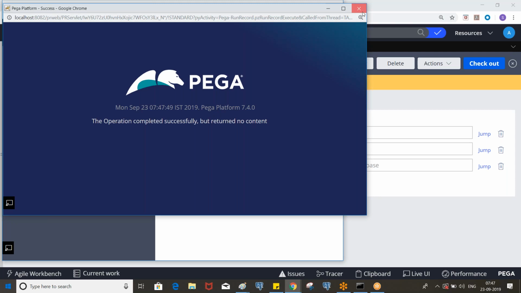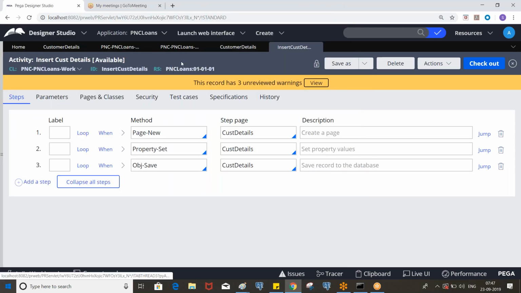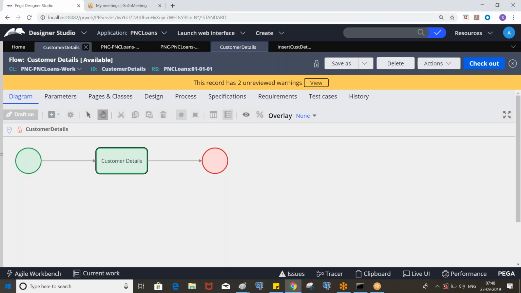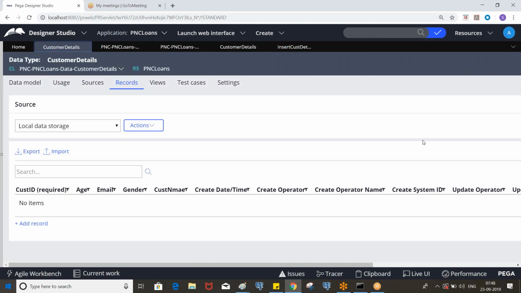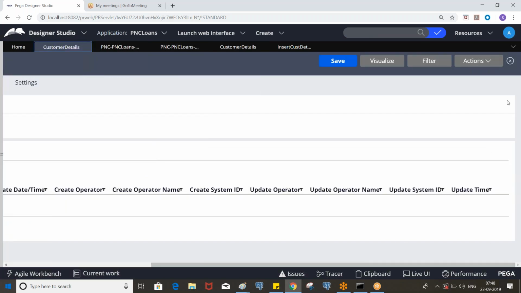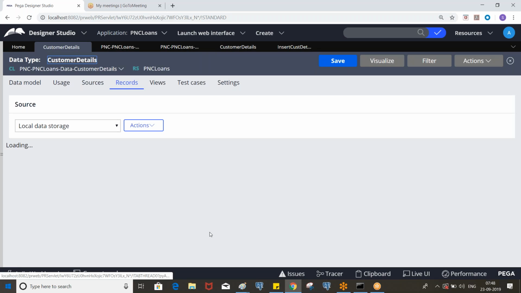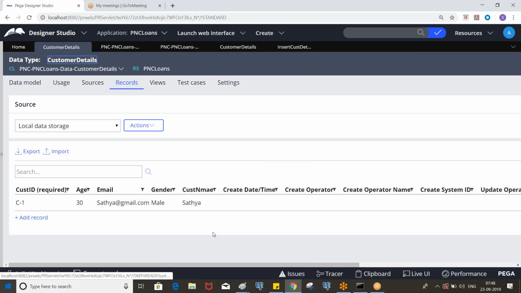Now go to the database table, meaning the data class. There is that. Refresh it and you will see the data. Do you see that? Okay.